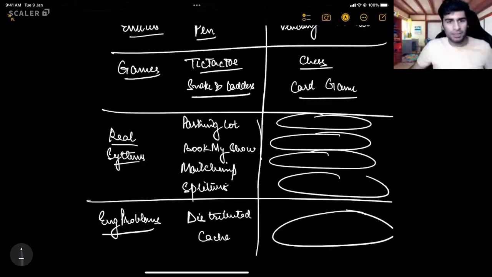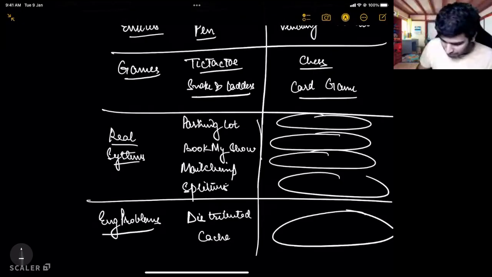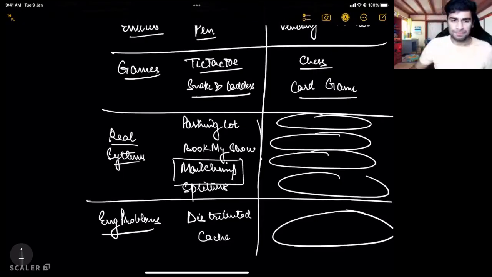Cool. Now the question is, did you write MailChimp? Yes, MailChimp. What is MailChimp? I expected this question, and that is why this problem is here. MailChimp is something most people don't know. So this class is going to help you understand how to do machine coding of a system that you have no idea about.